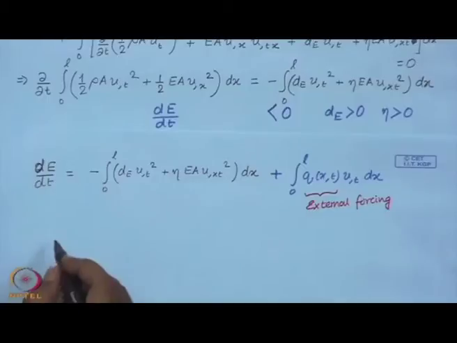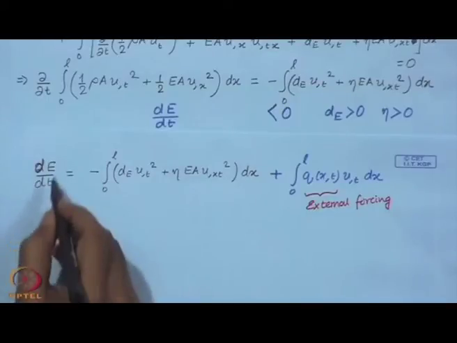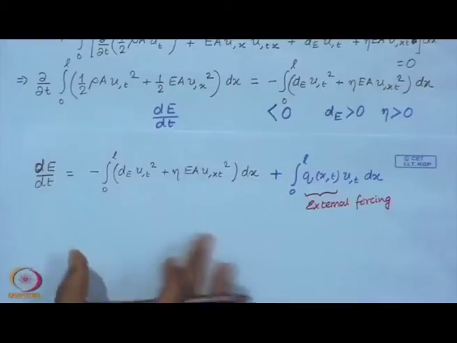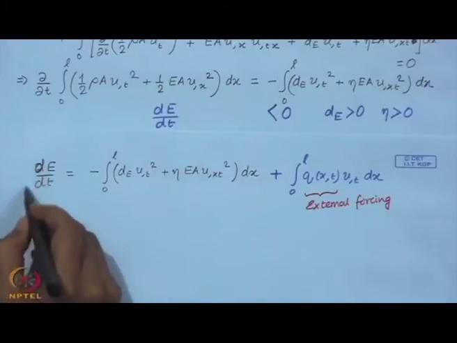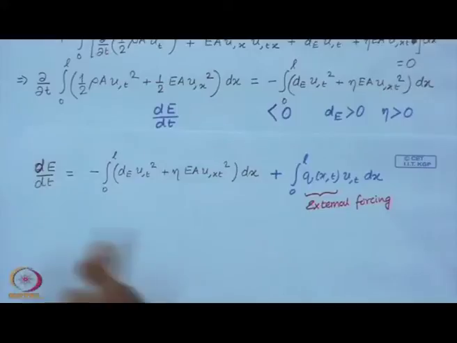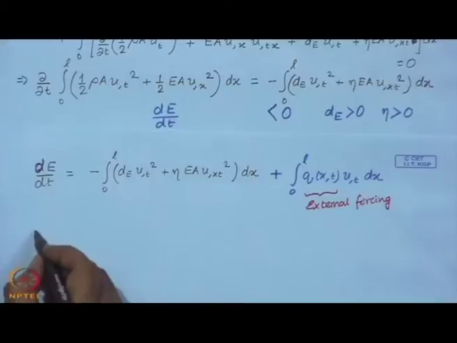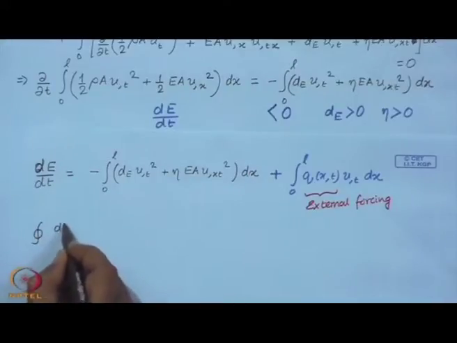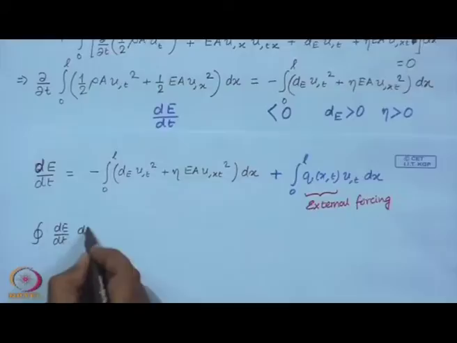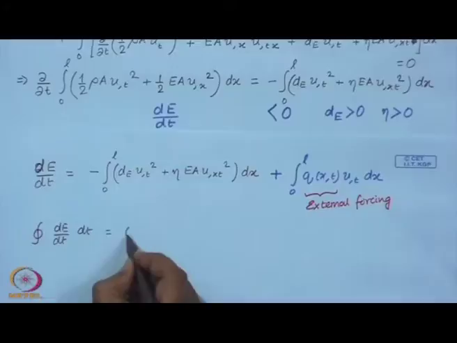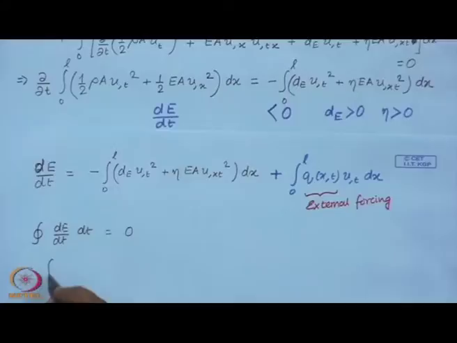So, from here you can estimate what happens at steady state. At steady state the motion is periodic, therefore, if I integrate this energy equation over one period, the change of energy must be 0. So, therefore, I can write